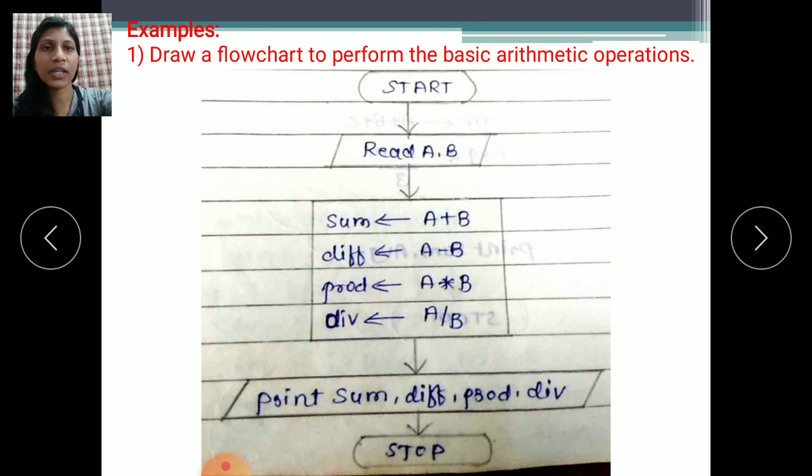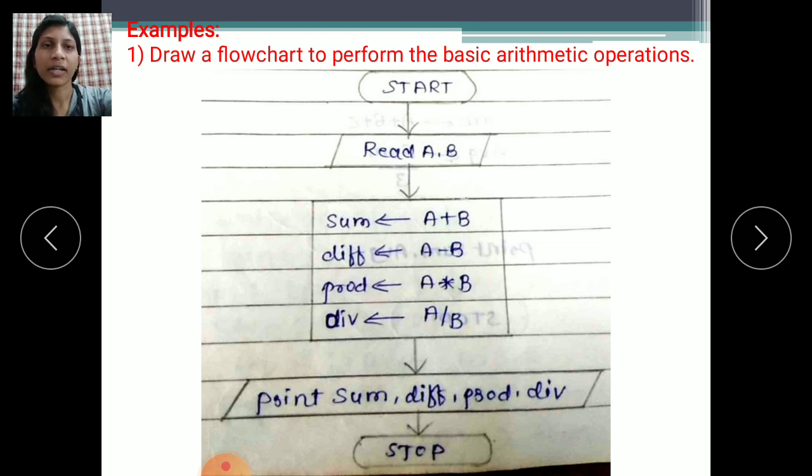See, here we use sum, meaning addition. Sum equals a plus b. We give the inputs to the computer, a and b, to add two numbers: the value of a and the value of b. So sum equals a plus b. Then difference, otherwise you can write subtract. Difference, or subtraction, is a minus b.